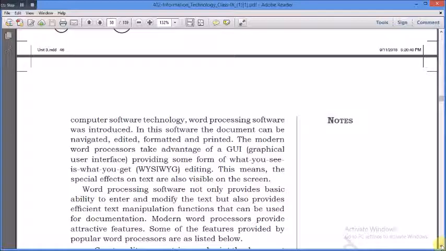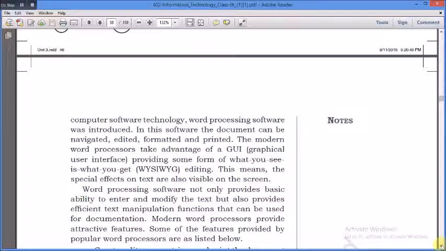Previously it was a text user interface, meaning every command we needed to give was with the help of text. But nowadays, with the help of the keyboard, touchpad and mouse, right click and left click, we can use it. It is presented in graphical formats, such as the icons you can see on your computer and your mobile. These are the graphical user interface, with the help of which icons we can use applications and files.